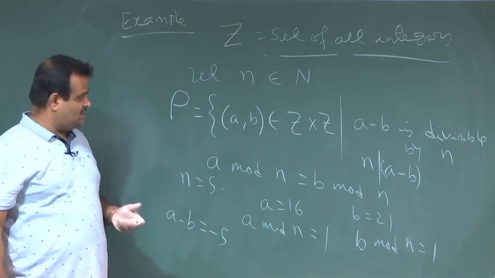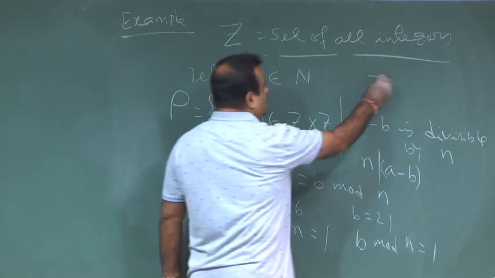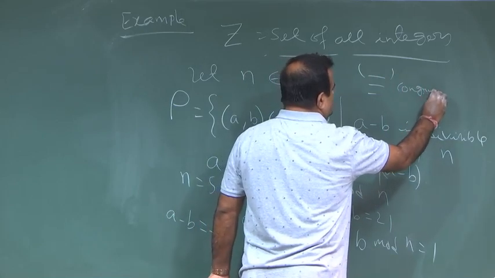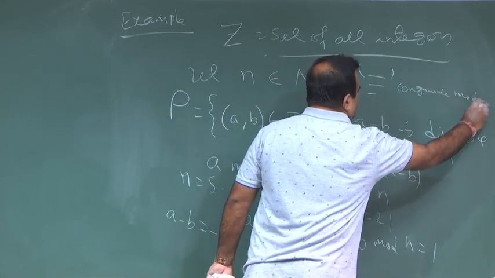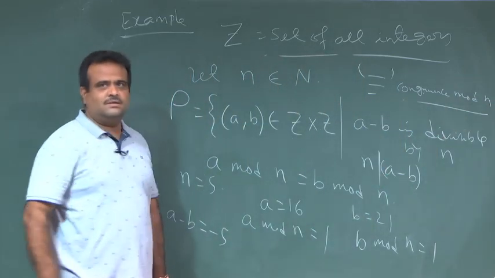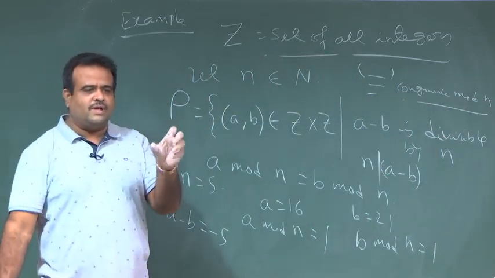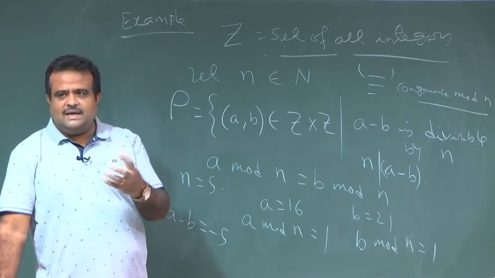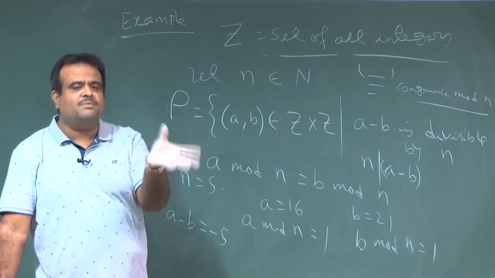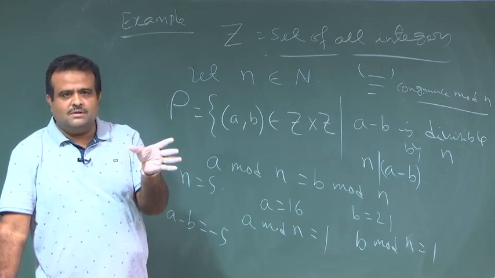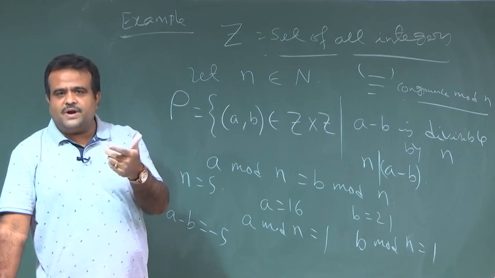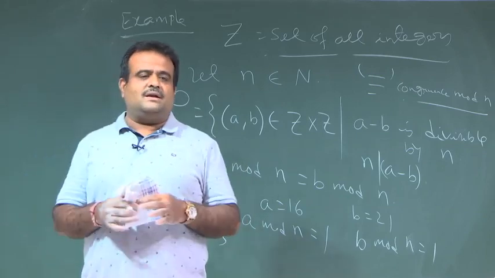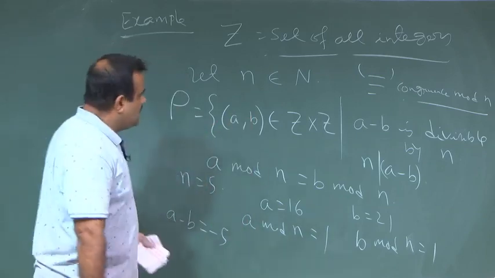This is called congruence relation. This relation has a symbol, congruence modulo n. That means, in a very simple way, we take two integers a, b. Now, if we divide a by n, we get a remainder, it may be 0 also if a is divisible by n, and we divide b by n, and if the remainder is the same, then they are related under this relation. This is called congruence relation.